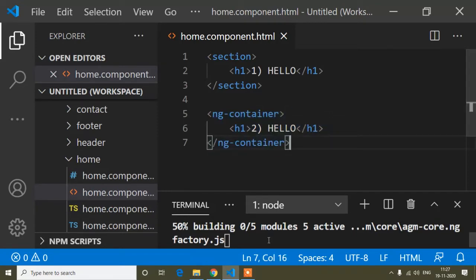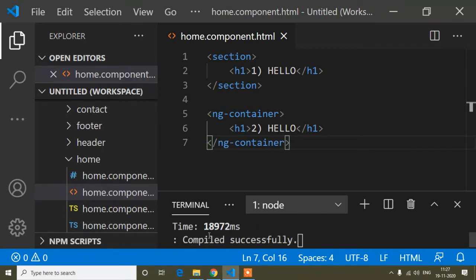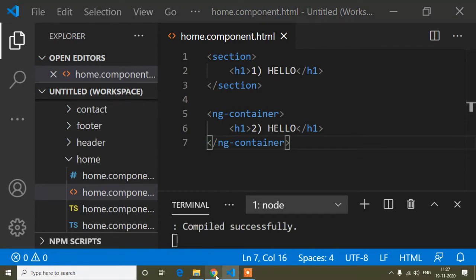It's compiling, and it's compiled successfully now and reloaded. Now you can see this is from section and this is from ng container. Now you cannot find the difference, but if I open the developer tool, then you will find the difference.